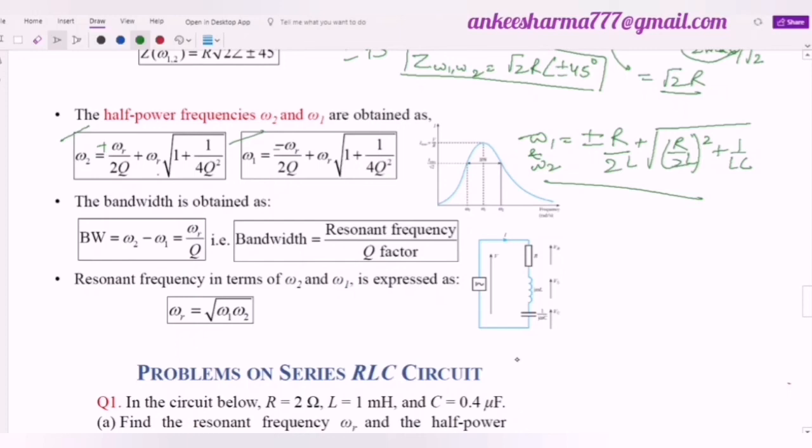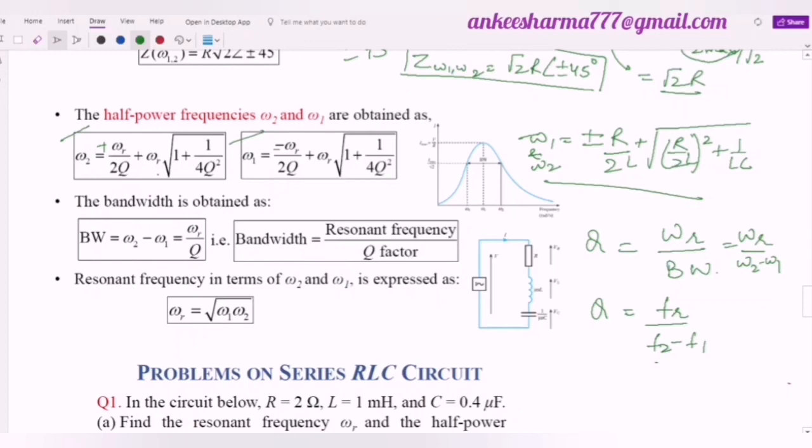Now one more important formula is that the Q factor can also be defined in terms of the bandwidth and the resonant frequency. So your Q factor Q is equal to omega R, that is the resonant frequency, divided by your bandwidth. If you want the resonant frequency in radian per second, this bandwidth must be in radian per second, so I will write omega R divided by omega 2 minus omega 1. If I want this in hertz, then I will write FR divided by F2 minus F1. So don't get confused that in one place you are putting the value of FR, and in the other place you are putting the values of omega 2 and omega 1. The units must be the same.